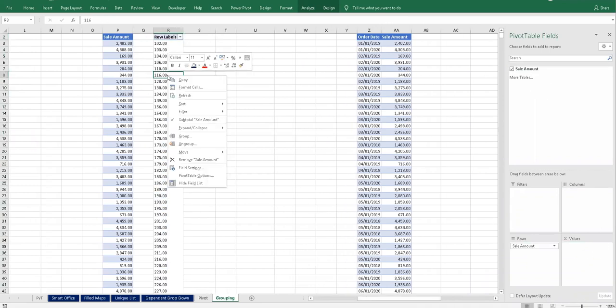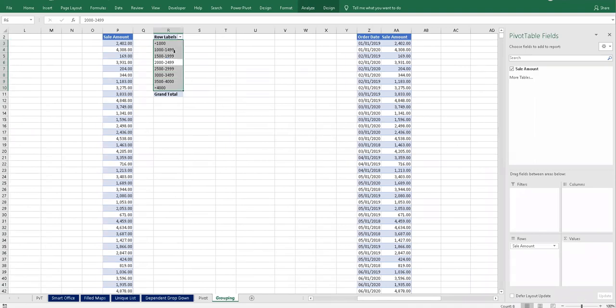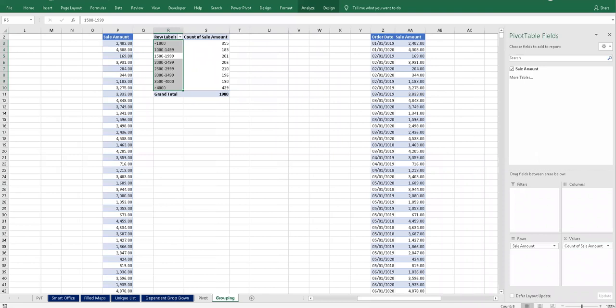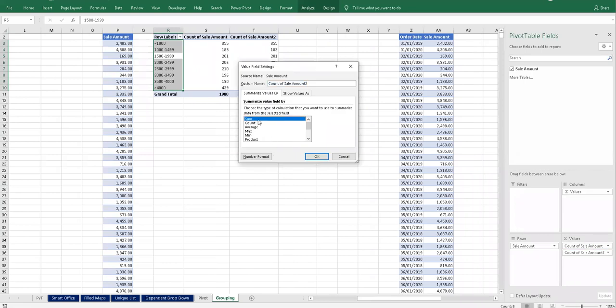Now I will make it a bracket of this number. Say that minimum number is 100. I want, say, 1000, and maximum number I want 4000, and step by interval of this. So I apply the same logic which I have done over here. Now it is coming as how many distinct counts over here. The same logic I applied for the sum. So hope you understand the concept of grouping.